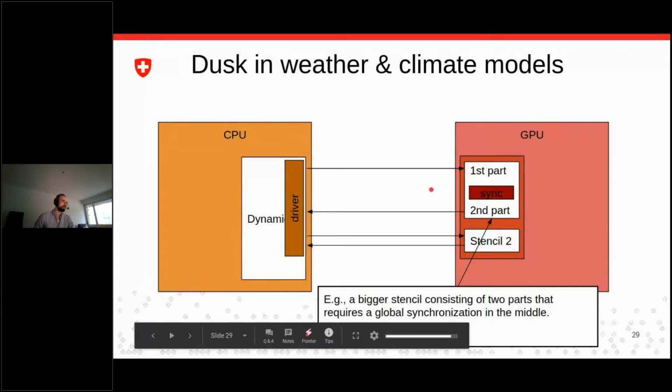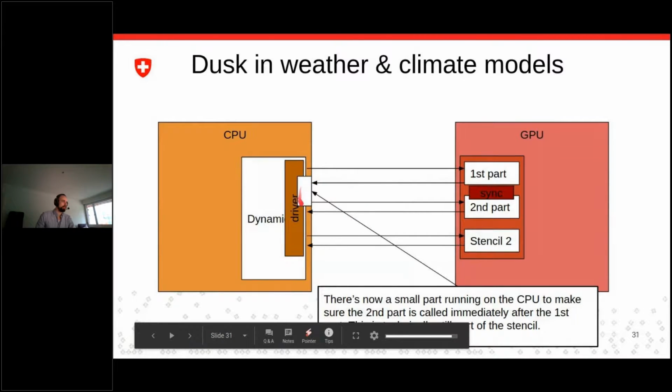And the way you do this with CUDA kernels is that you run one kernel, you synchronize back onto the host, and then you run the second kernel on the device, and that allows you to do a global synchronization this way. And what we can see here is that